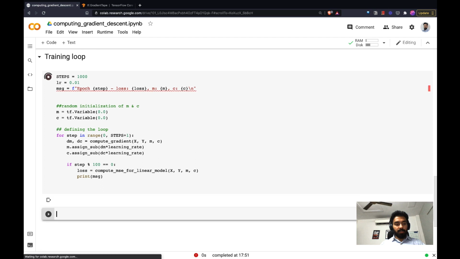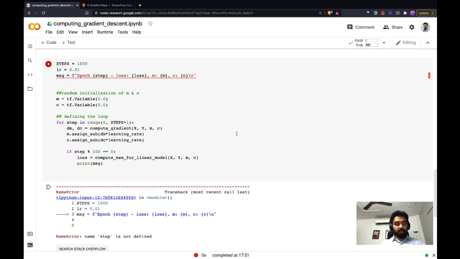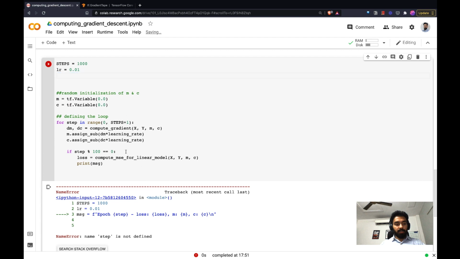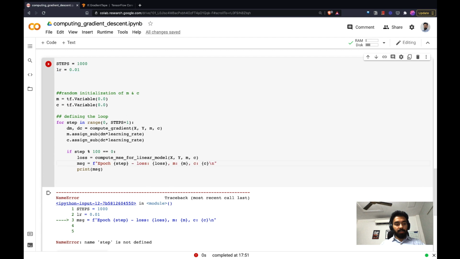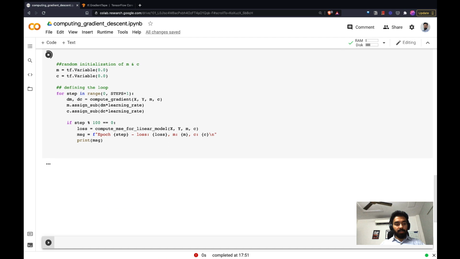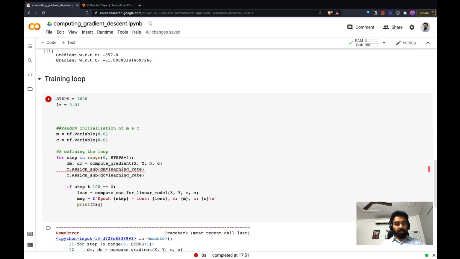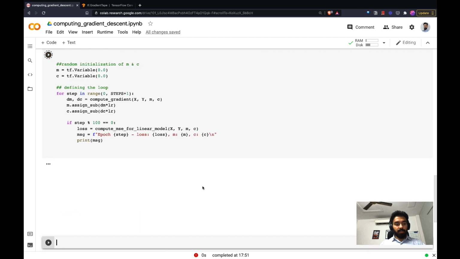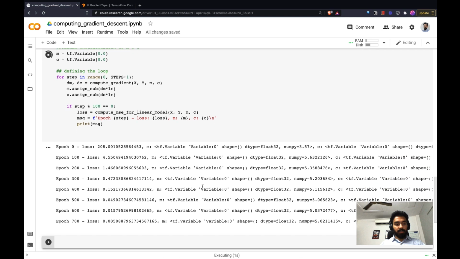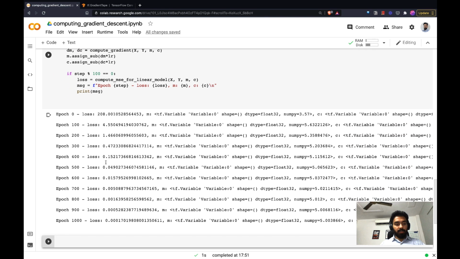We have done everything. All right, this part is not defined. On x, we'll define it over here and print this message. Okay, learning rate is not defined. Sorry, the learning rate is LR. All right, so you see epoch 0, 100, 200, 300, 400,